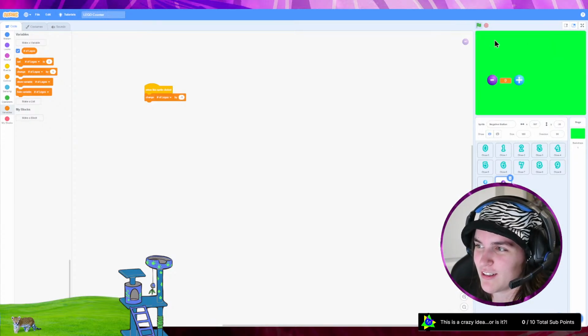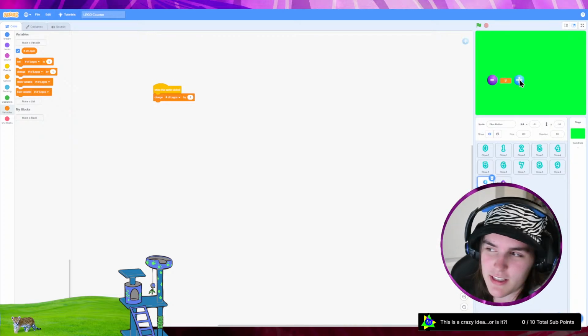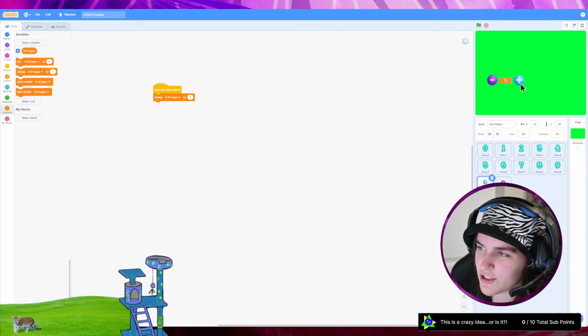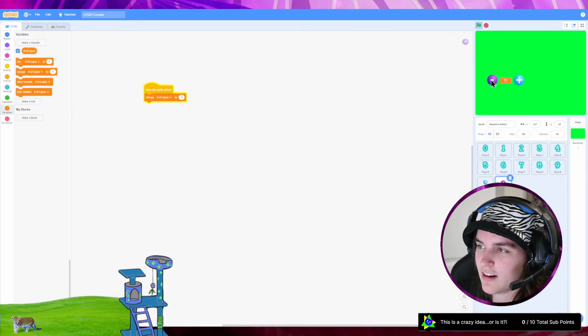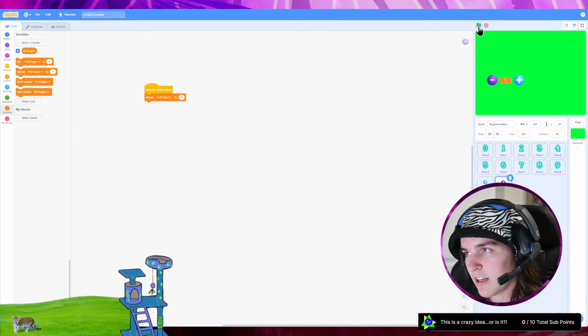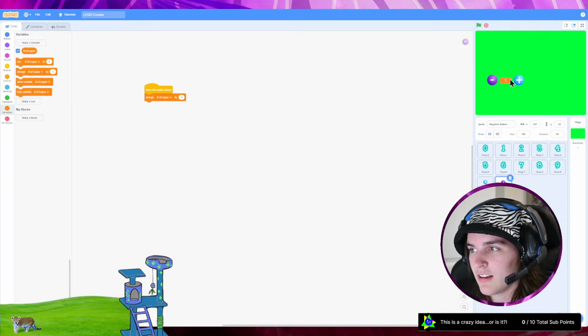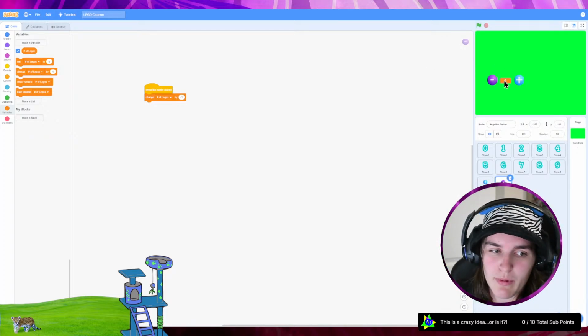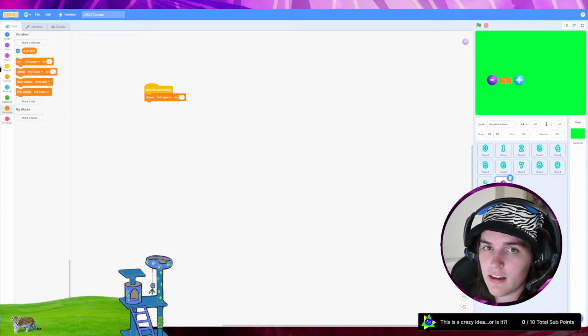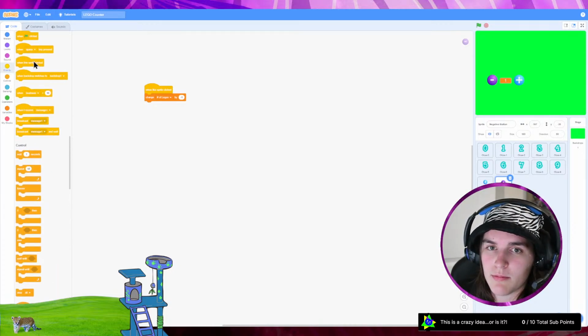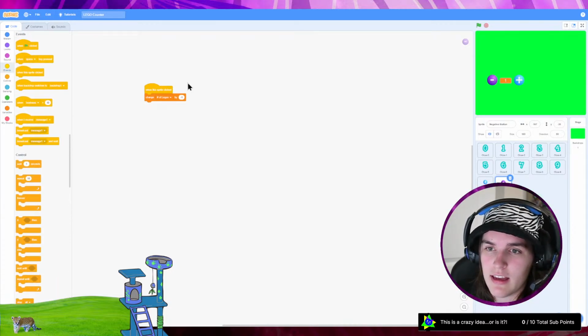Okay, let's go ahead and test it. So I'm going to click on the green flag, and then I'm going to click on the number. Okay, so when I click on the plus sign, and even if I click on the blue portion, it still goes up by 1, and if I click on the purple, it goes down by 1. Now something I didn't implement is that when I click on the green flag, it doesn't set the number back to 0. I'd have to do it automatically. So I'm going to implement it so that it starts at 0 every time I restart the program.